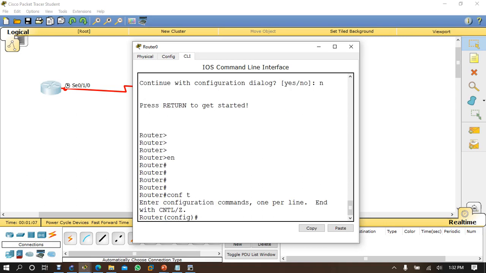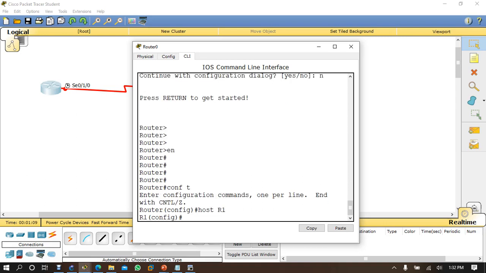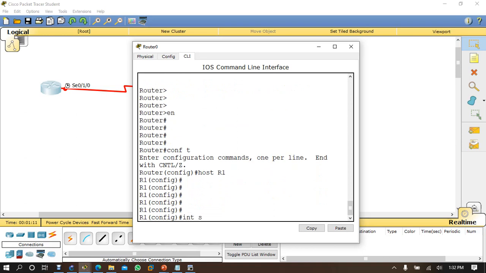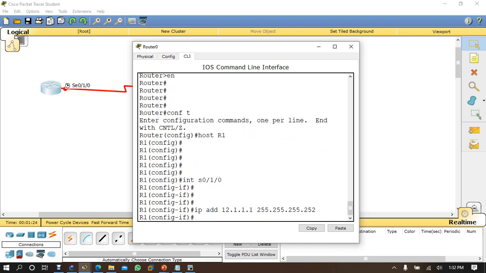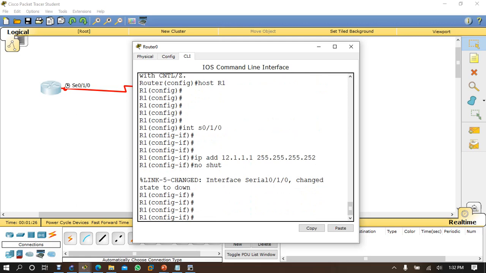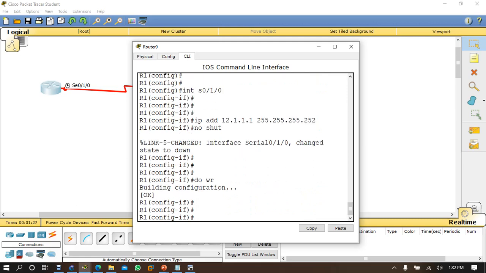Then enable, conf t, host R1, interface serial 0/1/0. Then IP address 12.1.1.1, no shut, then do write to save it.